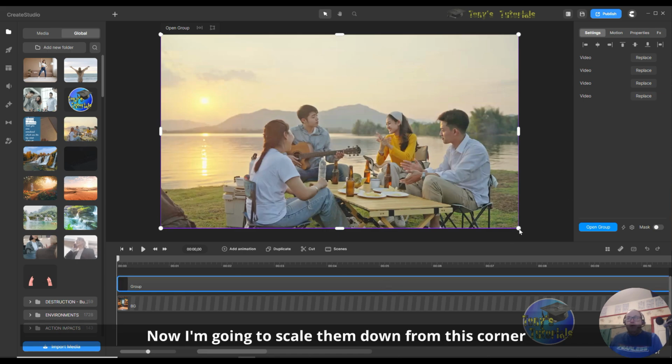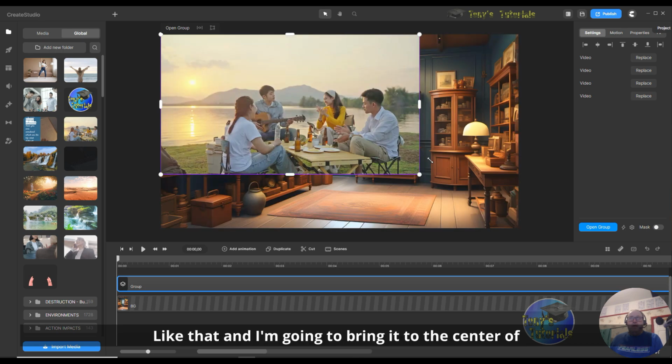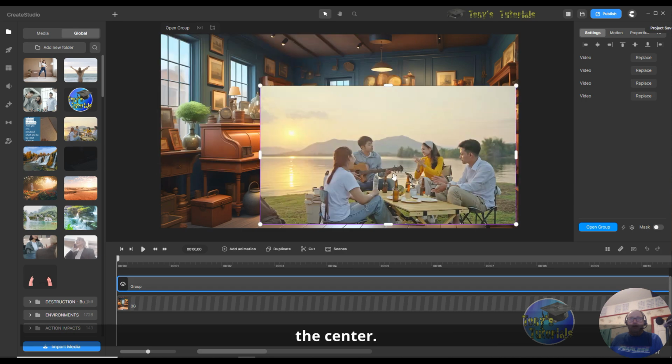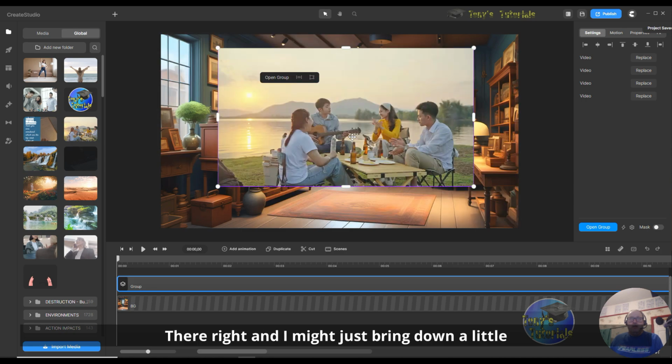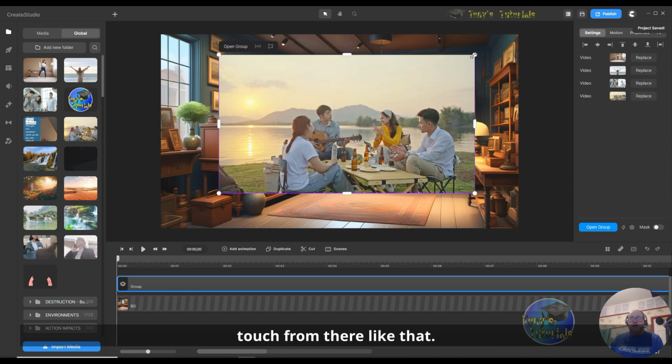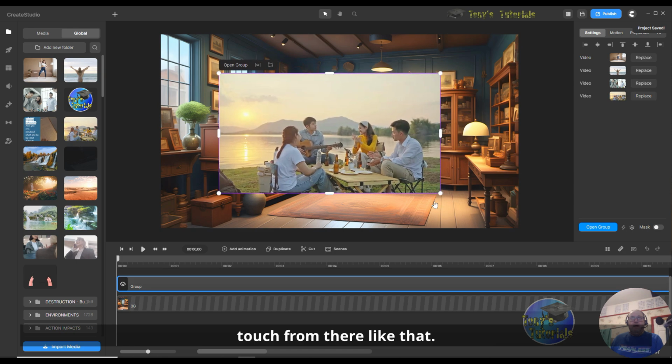Now I'm going to scale them down from this corner together, because obviously they're grouped now, like that. And I'm going to bring it to the center of the, whoops, that's not the center, there, right. And I might just bring it down a little touch from there, like that. Okay,